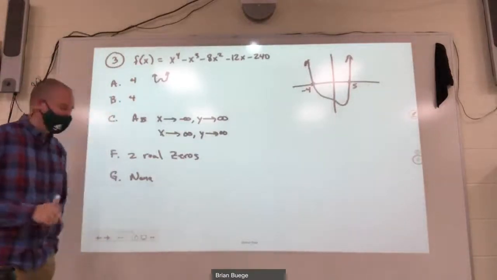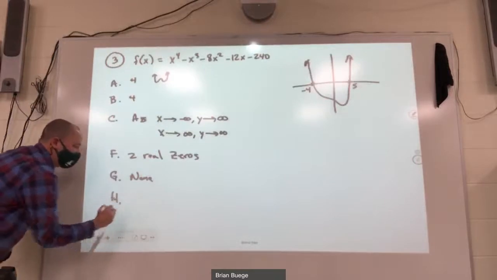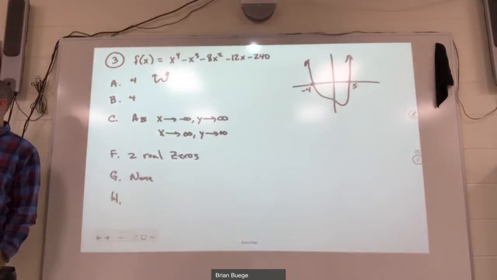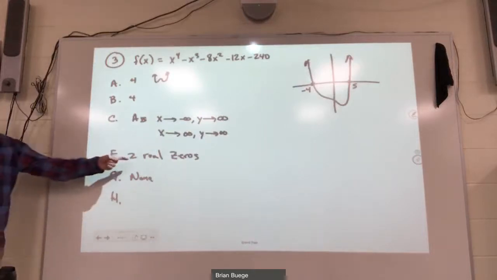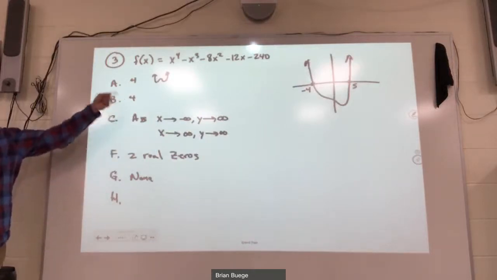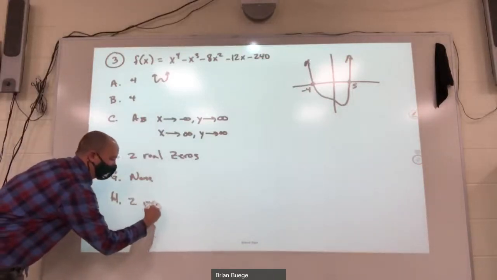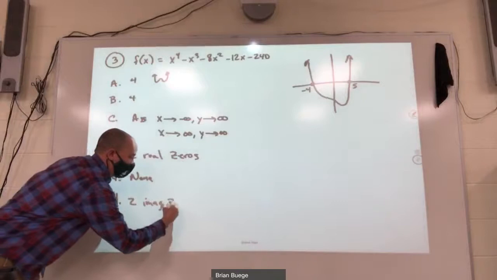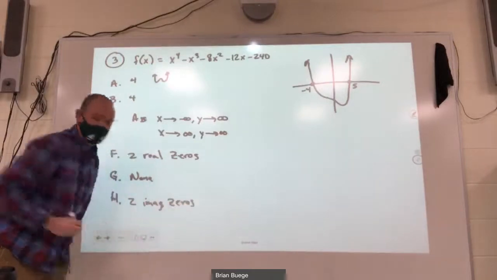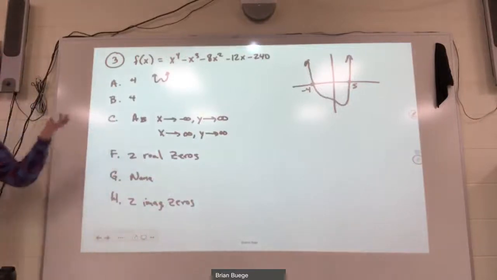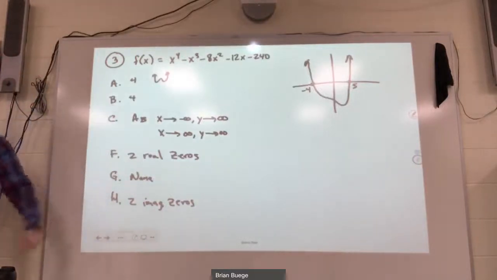Then the question is for part H, how many imaginary zeros? And what's the answer to that? If we've got 2 real and 4 total, that means we have 2 imaginary. Okay, we've got 2 imaginary zeros. And how do we know? Well, it's what's left. We already know that we've got 4 total and 2 real, so whatever's left has